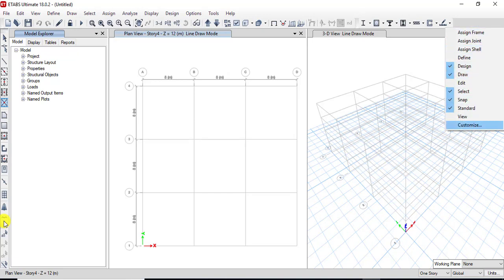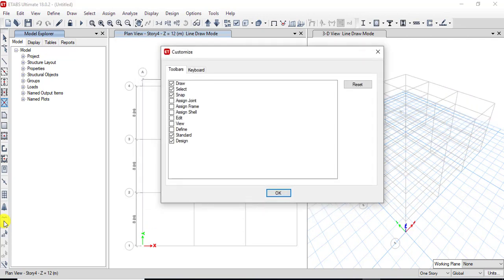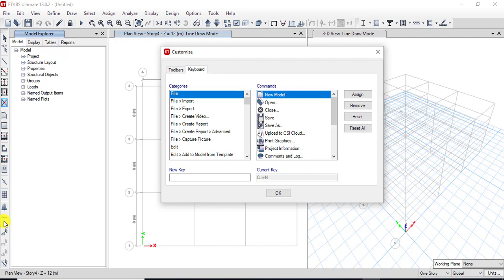And here we have the customize option. Let me click on the customize option. We can also hide and display the toolbars by using check and uncheck options. If you want to reset to default, we can click on the reset option. And then here we have keyboard shortcuts. Let us consider if you want to open a new file, here we have Ctrl N as the current shortcut key. If you want to provide a new shortcut key to create a new model, we can do it from this window. We can customize the keyboard shortcuts as per our requirement. Let me click on OK.